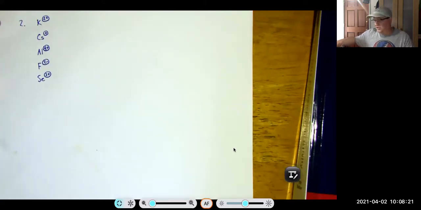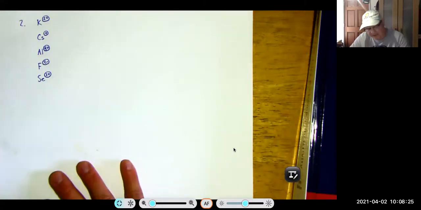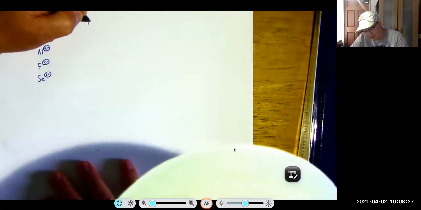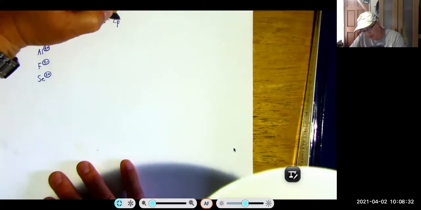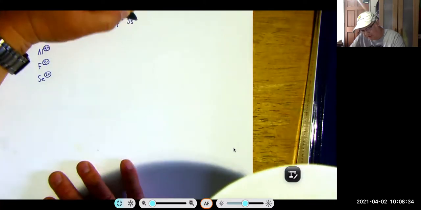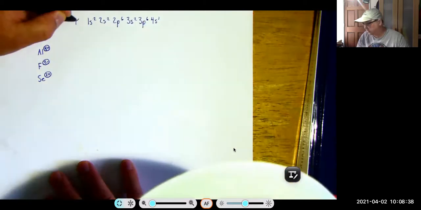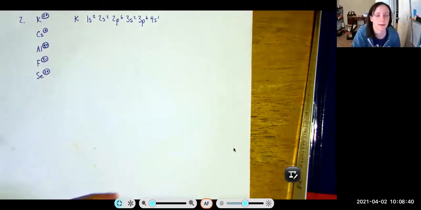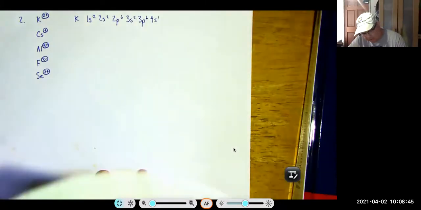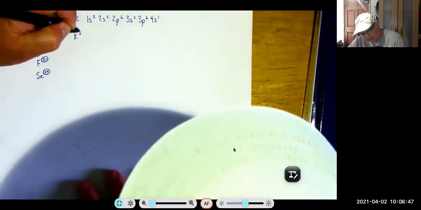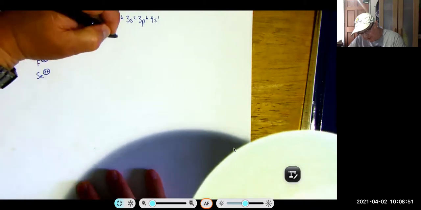Okay, so let's take a look at potassium. Potassium is a 1s2, 2s2, 2p6, 3s2, 3p6, 4s1. That's potassium neutral, right? Yes. Okay, so here, if we want to make a potassium plus 1, we'd be making a 1s2, 2s2, 2p6,